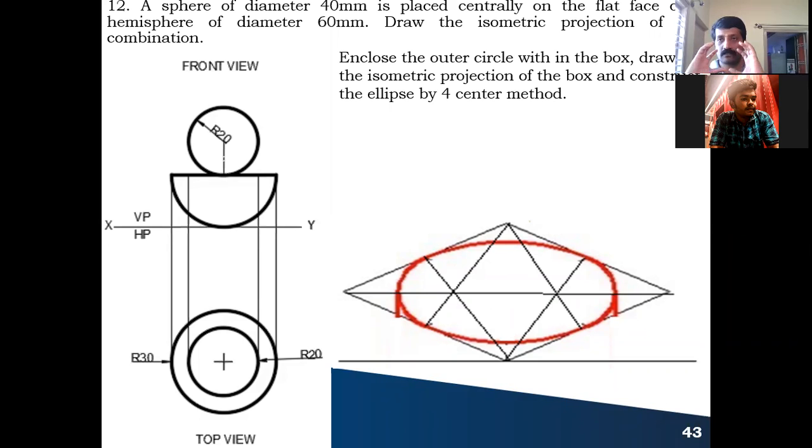Sphere is nothing but it's like a ball. You can remember a ball. And hemisphere means if a ball or the sphere is exactly cut at the center, so exactly the two equal parts you are dividing, then it becomes hemisphere. So all of you understood this. When the sphere is exactly cut at the center and you are making it two equal parts, then both the equal parts are called hemisphere. So hemisphere will look like a cup like this.